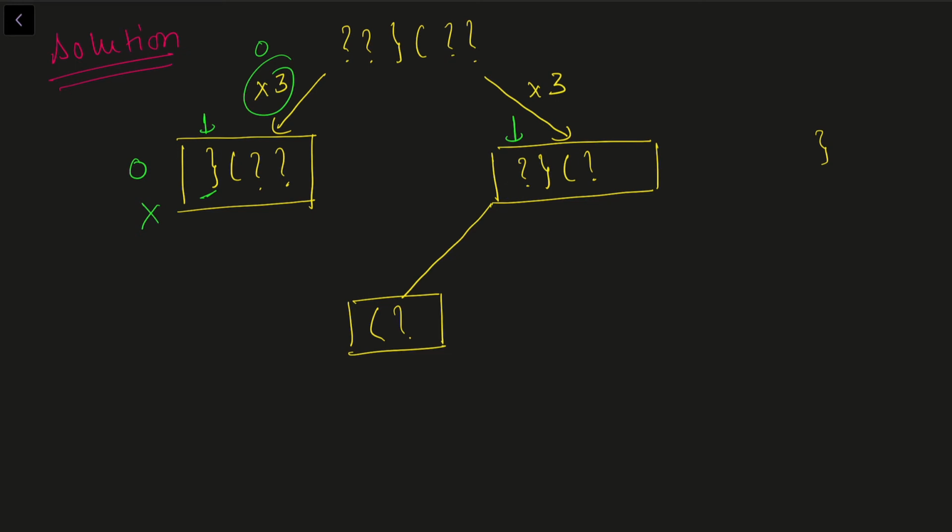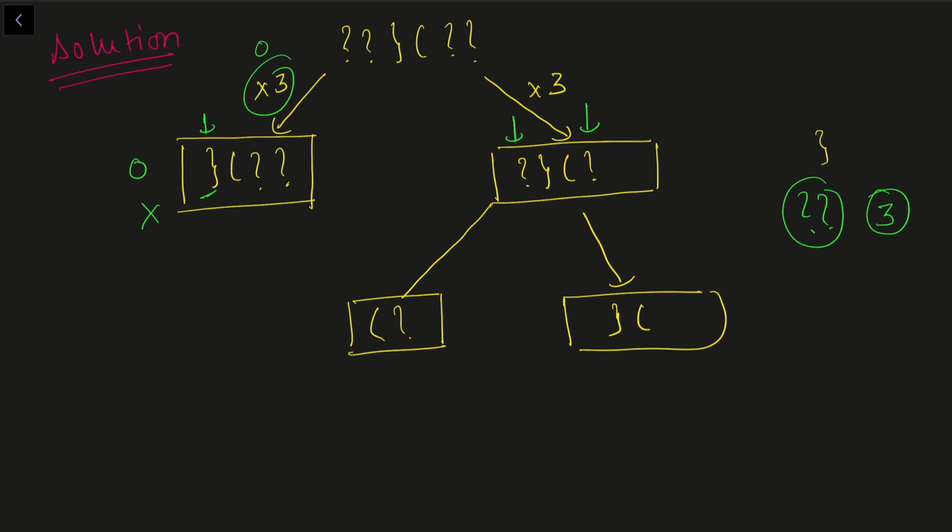Now let's say I choose this as my closing bracket. Since it is an opening bracket, I cannot do that, right? Because it will be an invalid choice. So I cannot choose this. Now let's try to choose this as my closing bracket. Again, here we have two question marks, so I can put three kinds of values there, right? So my sub problem will have some strings. In this case, I'll have just one string, and that is this one, and we can get the answer in 3 ways.